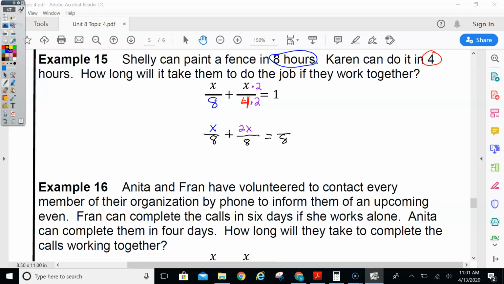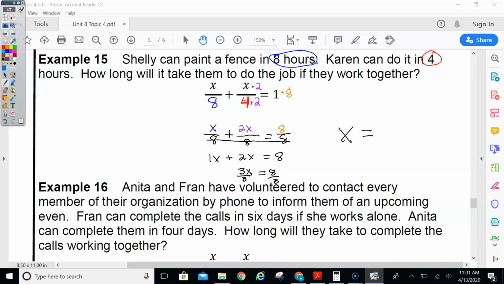What do I have to multiply 1 by to make it 8? I got to multiply it by 8. So this one is 8 over 8. So once they're all the same, you can ignore them. And we're just trying to solve 1x plus 2x equals 8. So here, 1x plus 2x is 3x equals 8. And divided by 3,